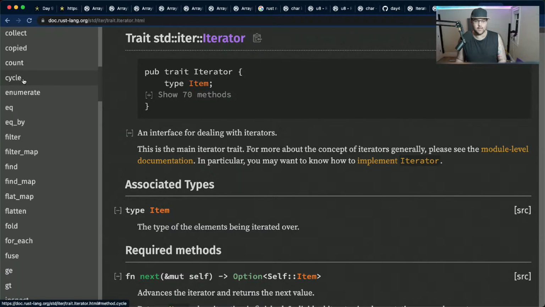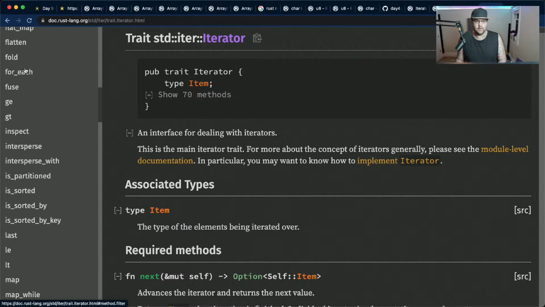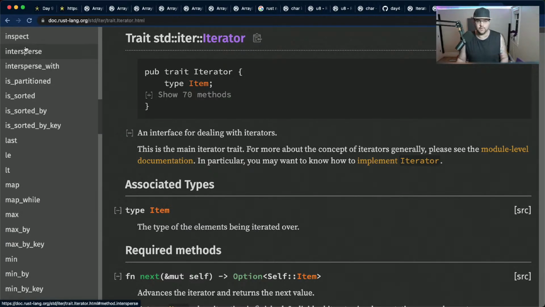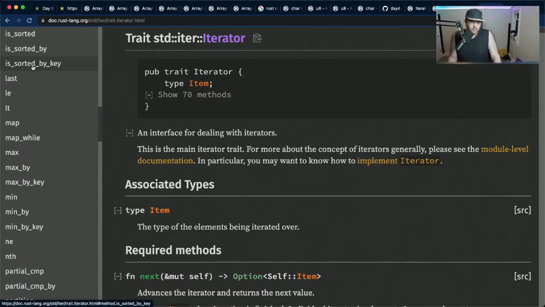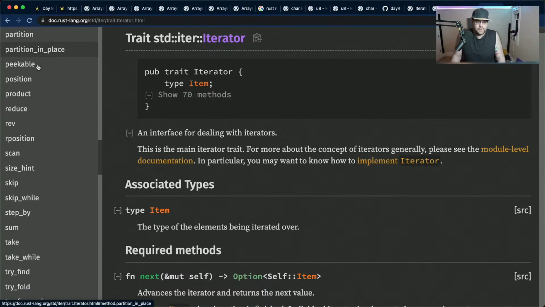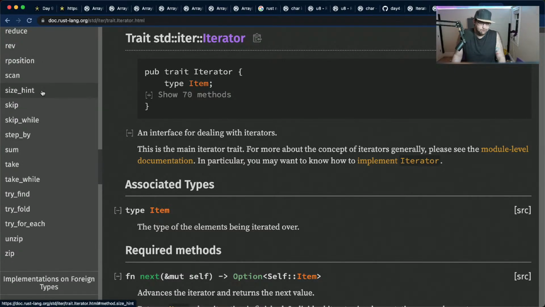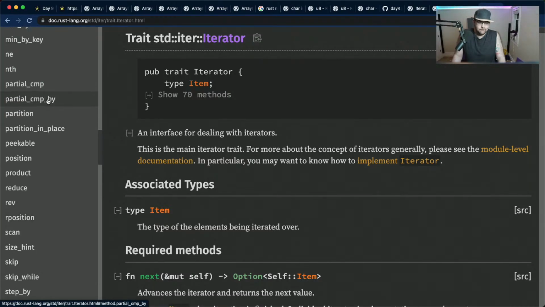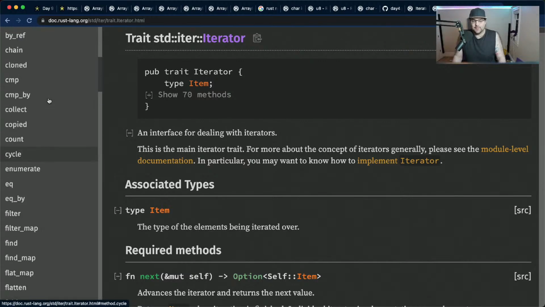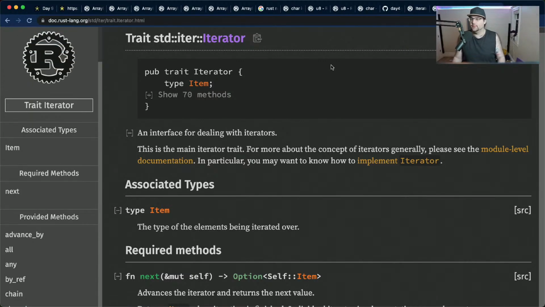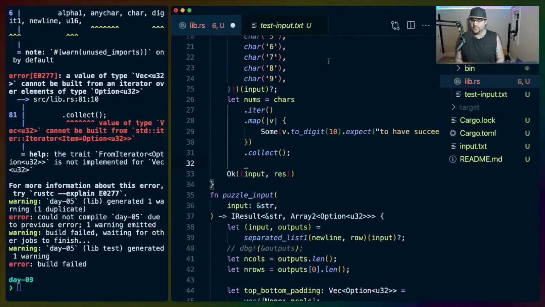Cloned, collect, copied, count, cycle, enumerate, filter, fold, for each, fuse, position, product, reduce, scan, sum. I guess not. You can just extend a Vec. That is also true. So if we wanted to stay with Vec here,